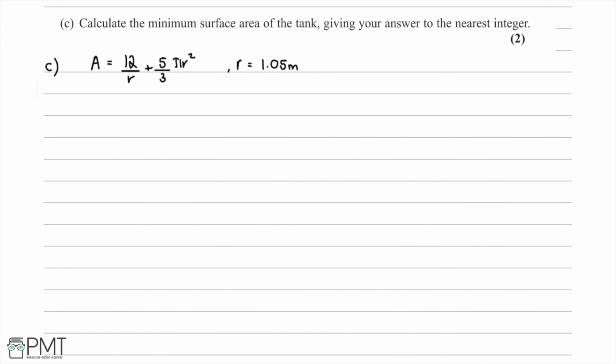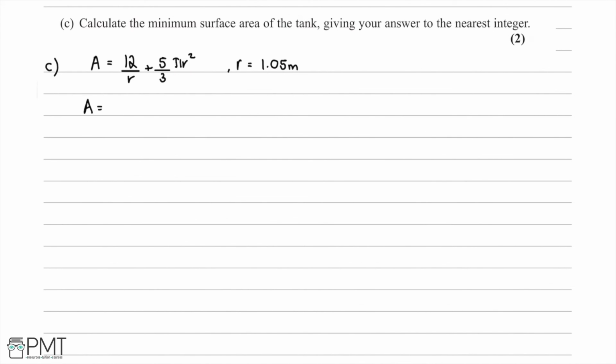So in this part of the question, we're asked to calculate the minimum surface area of the tank, and we're asked to give our answer to the nearest integer. So we now have our value of r, for which the surface area will be at a minimum, and we know the expression for the surface area, which is in terms of r. So what we do here is we take our value of r and we substitute it into our equation for